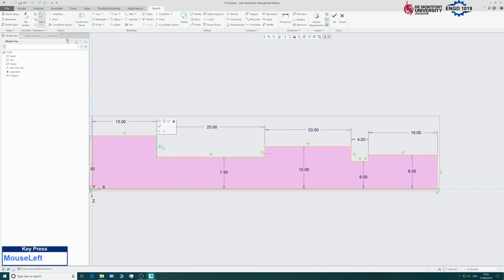So if I click on this, press Control again, you'll see that this little dialog box comes up, and if you click on this one here, so that says toggle construction, so you can turn any driving line, so any actual geometry line, into a construction line at any moment. And you can also do the same, so if you draw a construction line by accident, you can go back and turn it into a normal line. Okay, so if I click there, you'll see that it's now a dotted line,